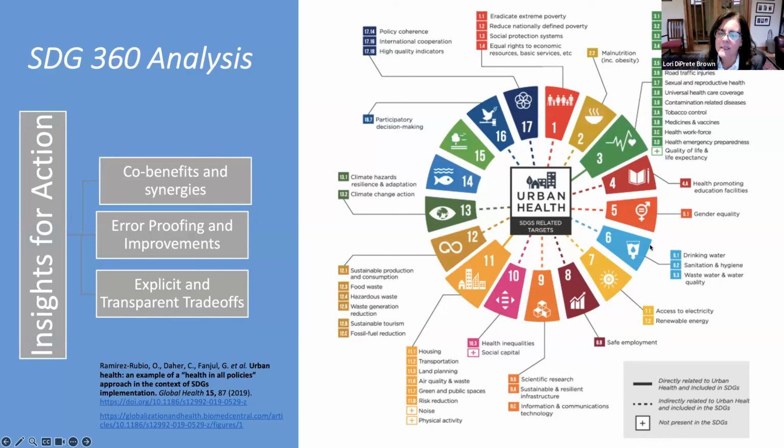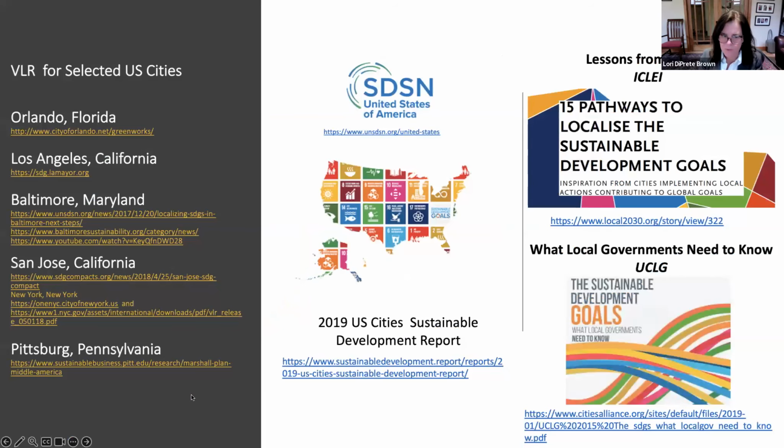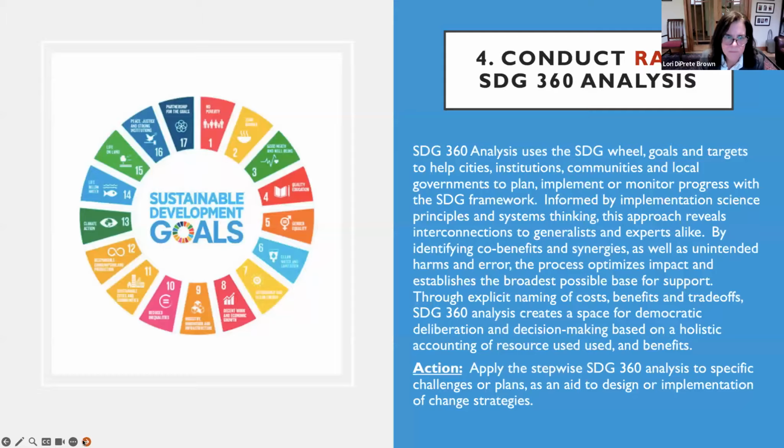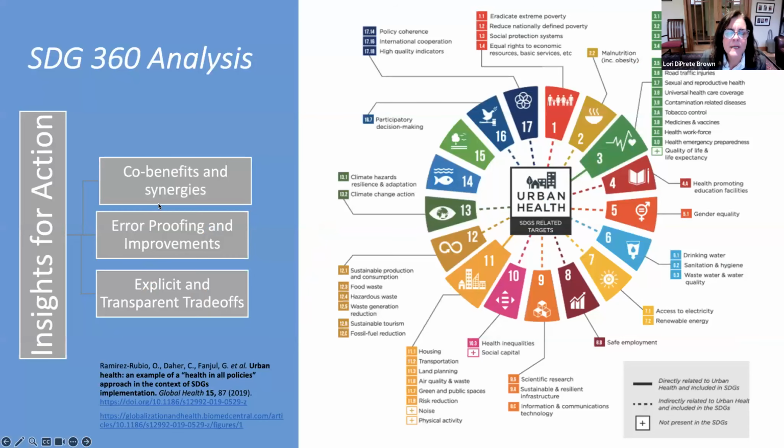And it helps you to think about who you might want to talk to, what other sectors you might want to be connecting with to holistically realize human health, instead of assuming that it's only going to be the health centers and clinics. That's part of it, but really to address road traffic injuries or drug and alcohol abuse, you need to be engaging a lot of sectors. And the idea is to identify co-benefits and synergies, to error proof